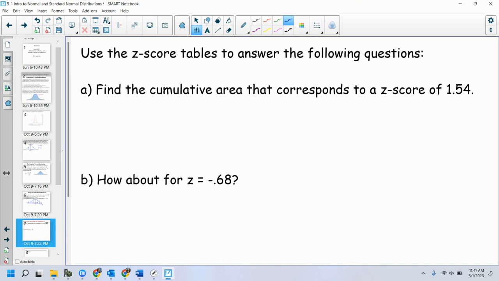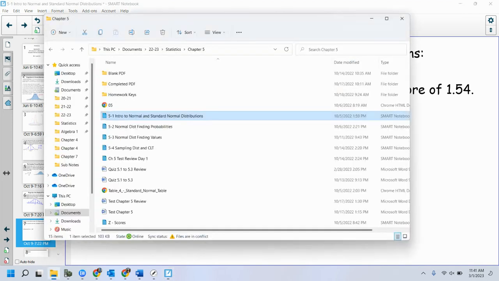This is also located in this yellow packet that you will have for every test. Which means it is also located in that foldout in your book. So if you ever lose this sheet, it is in that foldout in the book. Honestly, if you just Google standard normal z-scores and do an image search, this will be the first thing that comes up. Okay. You know what? Let me pull up